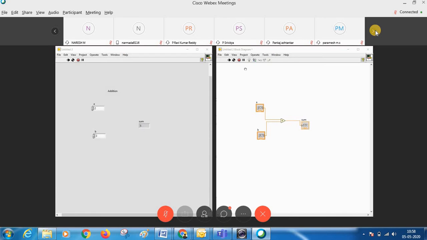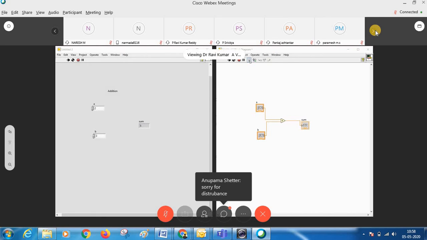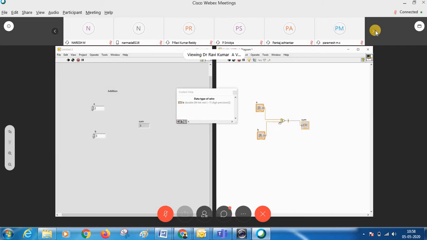But here you can observe the data flow. Remember, in graphical programming, the data is flowing from left to right. You can see the data from the A and B icons flowing from the left to the right. Okay, this is one difference in graphical programming.